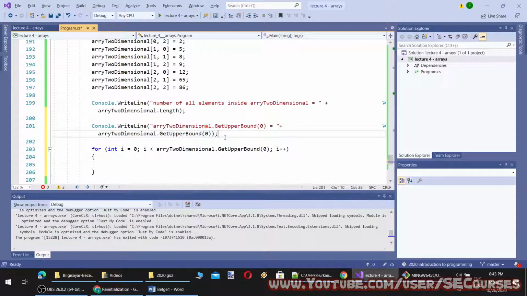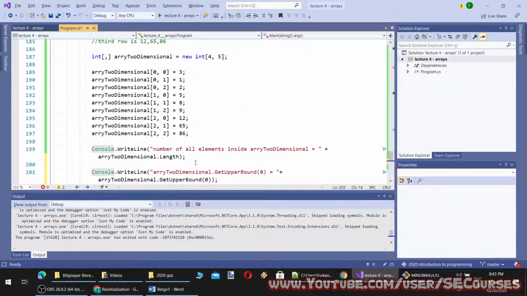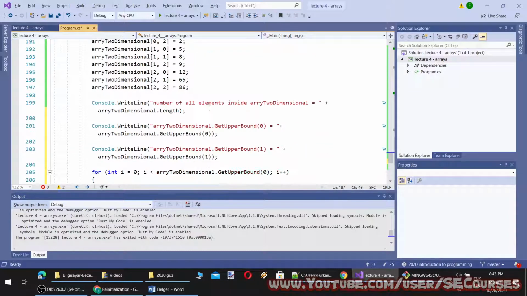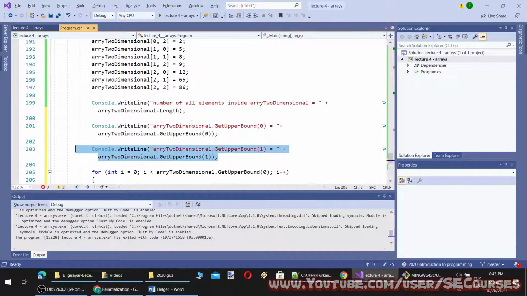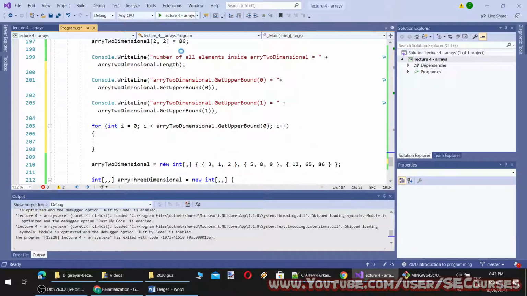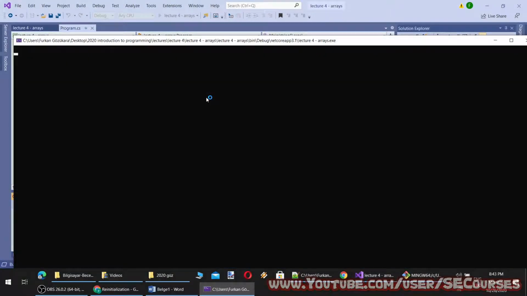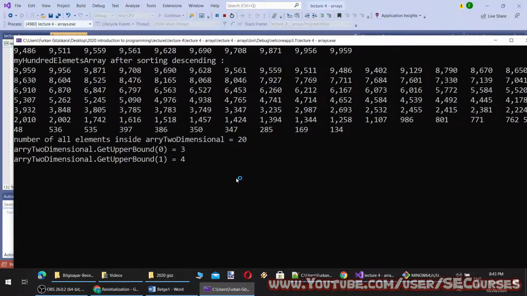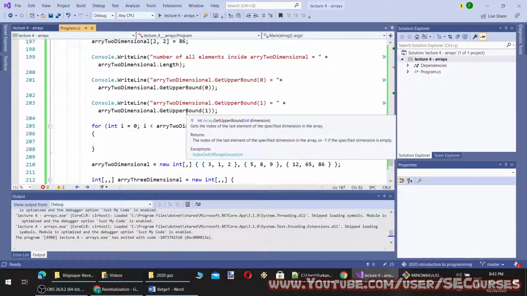Okay, and this will print 4 and this will print 5, because of how the arrays are sized. And let's check it. Okay, it prints 1 below because it is printing the index.